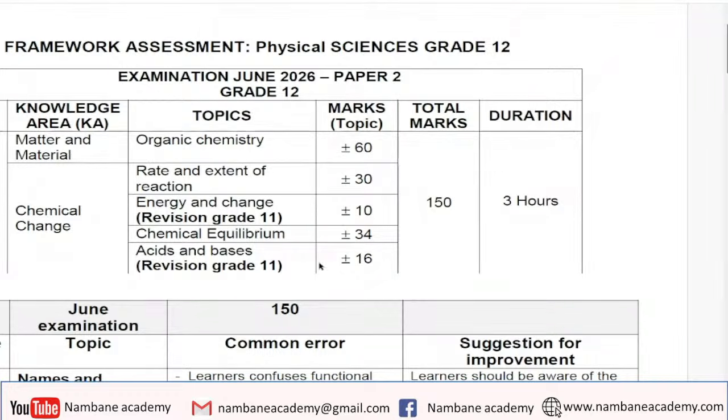And now we'll look at paper 2, but most of the things we have already talked about, the principles of answering a physical sciences paper, are applicable even in paper 2. So please go through your question paper, identify questions that you can